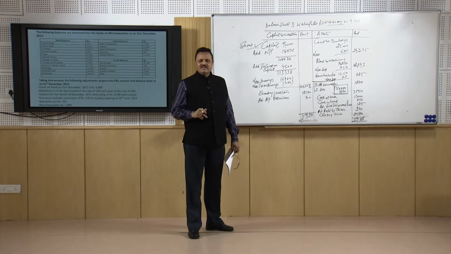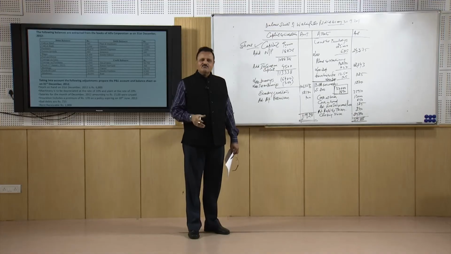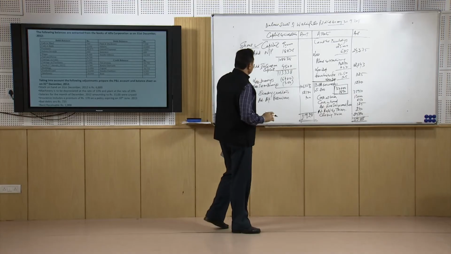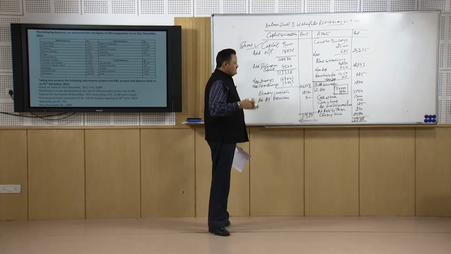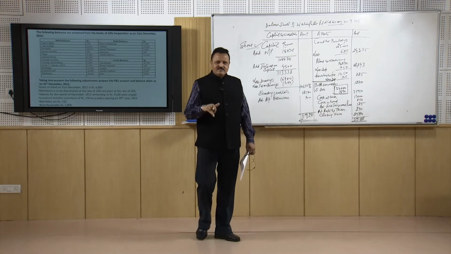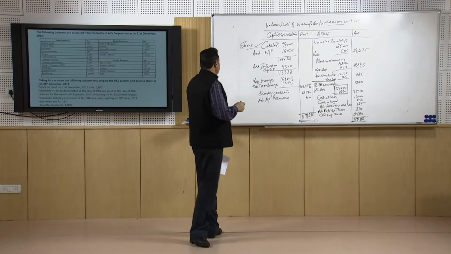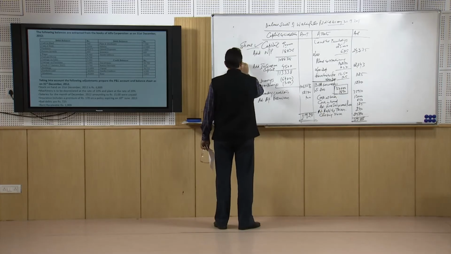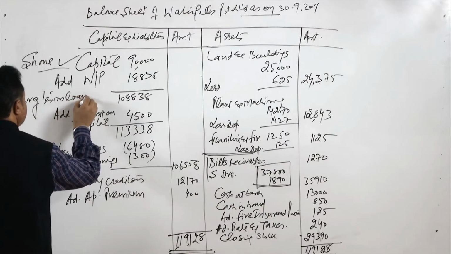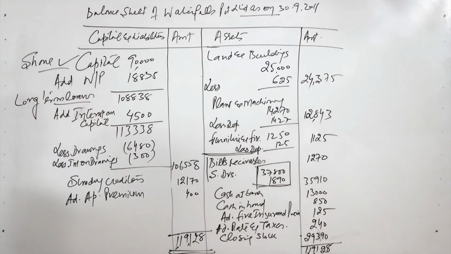There can be loss in 1 year, 2 years, but after that when there will be profit, capital will be appreciating, but the capital will be the most permanent source. Then in the next balance sheets we will learn about the other sources. Say for example, after this the second longest source is the long term loans, borrowed finance, long term loans. We will put here, in this problem, long term loans were not there, but otherwise there will be the long